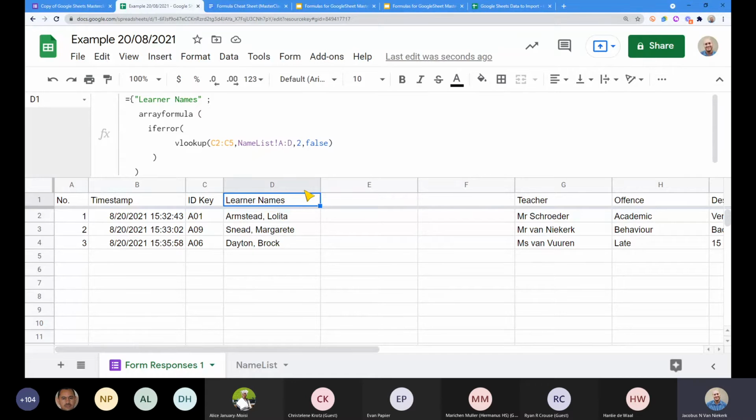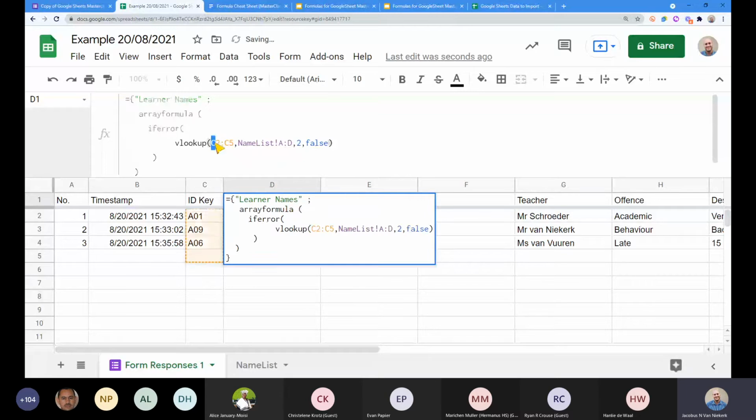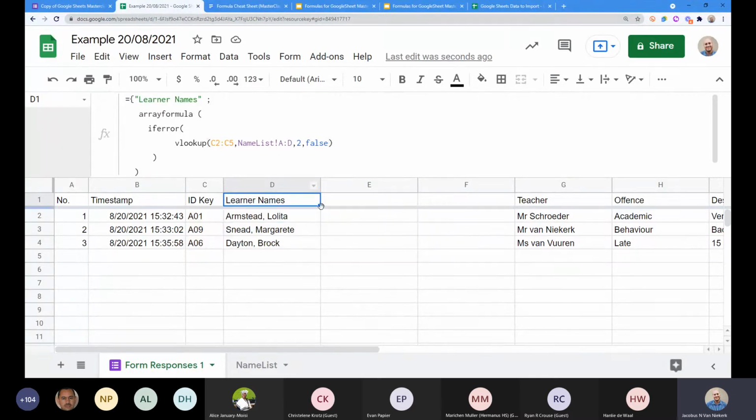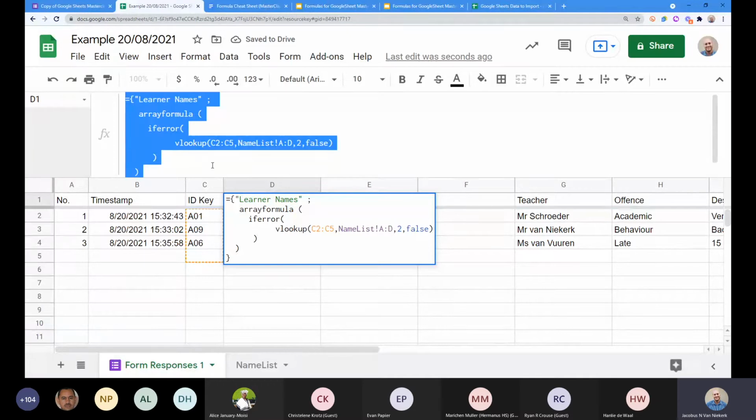When we're going to copy this formula, if you just drag it across, it changes the C to a D, and this A to D is going to change from B to E. Technically it will look like it is working because I've got so few things. So you'll see it actually looks like it works, but technically it's not working. So it's better when you're doing things like that to copy your formula from the formula tab and then paste it in the formula tab again.